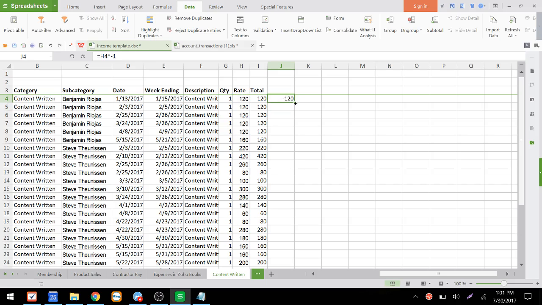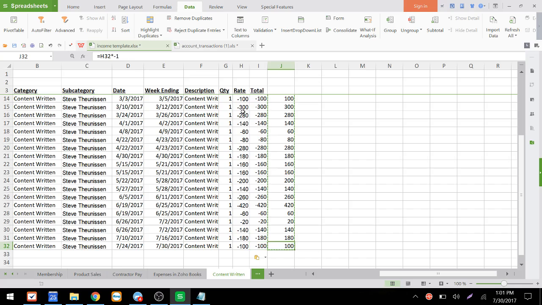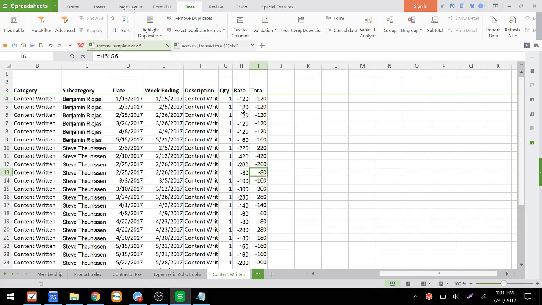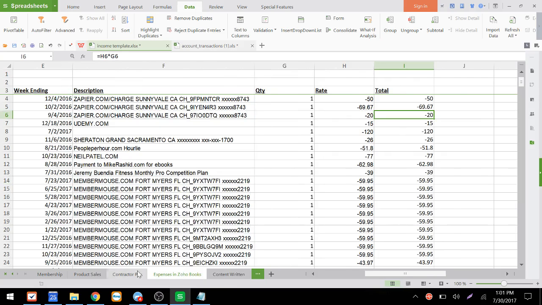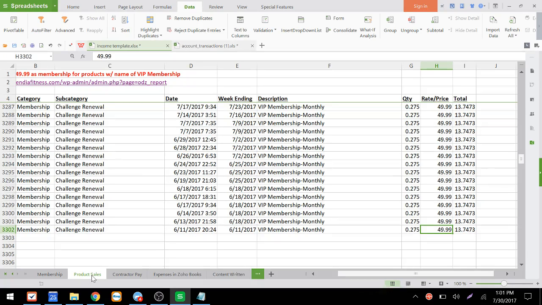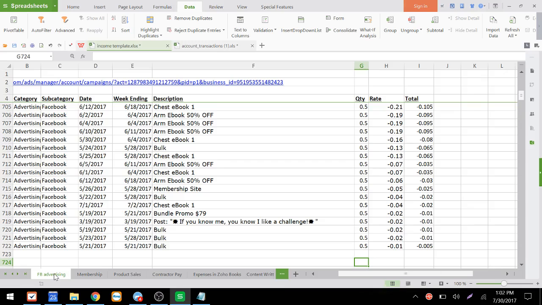And you can see, when I expand it, I know it's going to the very end and it's highlighting them all too. So I just hit Control C right after I do that, and then see how many times it takes me to click. It took me twice to click to get it to work. Looks good. And these are all negative numbers now. Okay. So we are at the end. Let's just do a quick check through. Negative, yep, negative for expense. Contractor pay, negative. Product sales should be positive. Membership should be positive. And finally, Facebook should be negative.